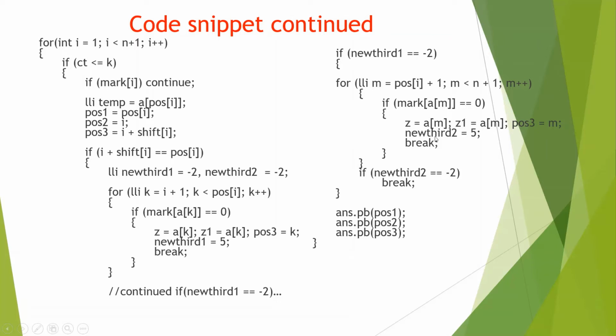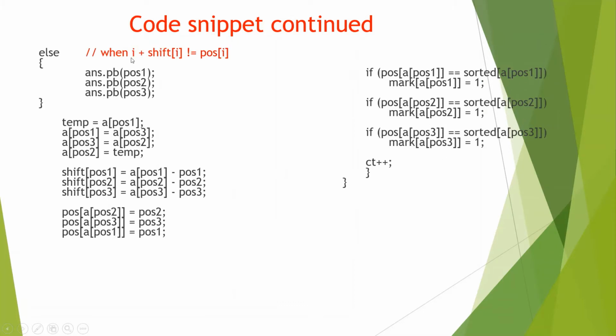This is the most non-trivial part of the code. It takes a bit of time to understand this. The else part of the code is the condition when the elements are not clashing. This is pretty much the same as we used earlier. It's just pushing back the positions as they were already correct. Update the array, update the shift array, and update the new positions as well. Now check and mark if the positions have been at their correct positions. Increment count to know that the operation has been used. So this is pretty much the code snippet and you can build upon it. This is just the snippet. Try to write the code following it.